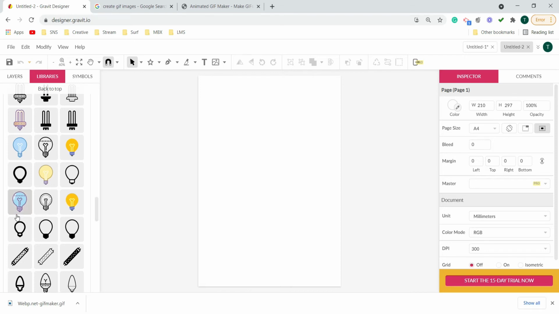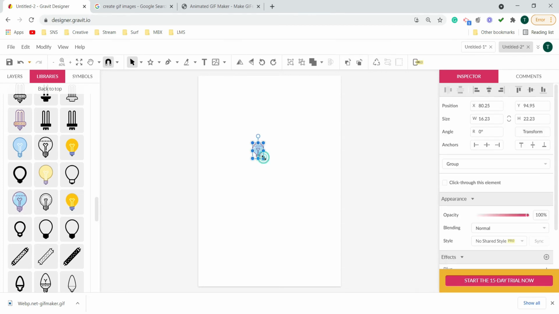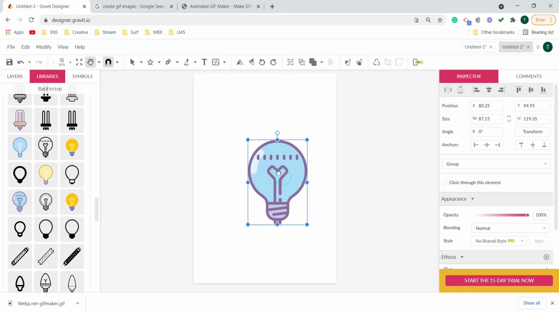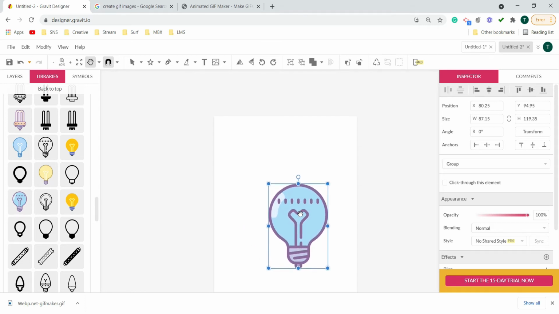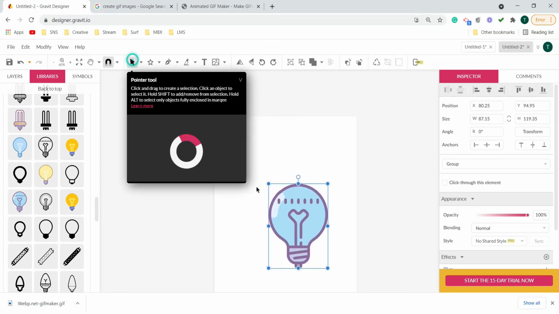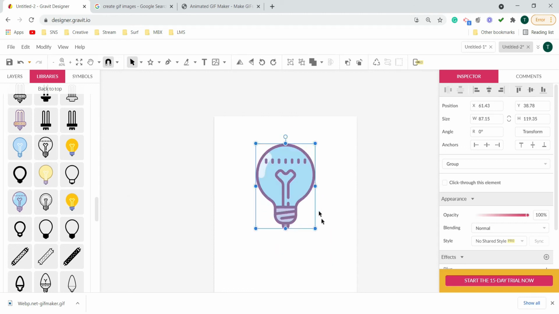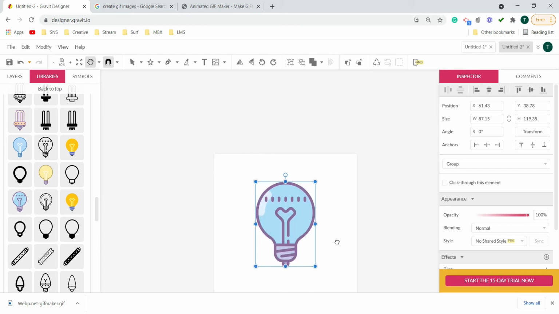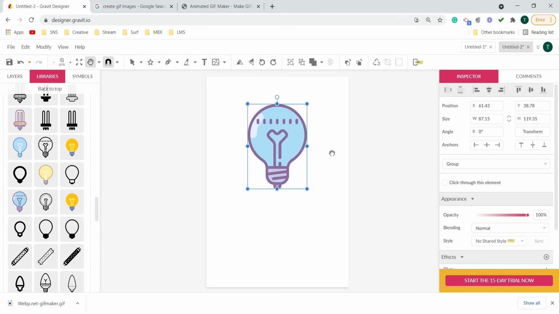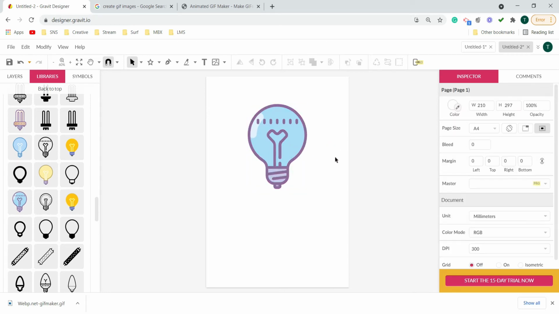I'll choose this one. Let's bring the bulb out here. Let's increase its size a bit. We'll keep it over here.